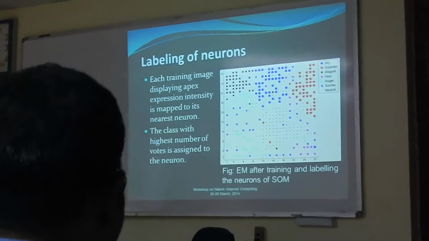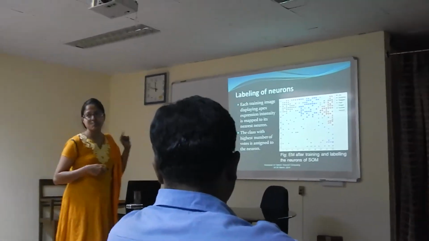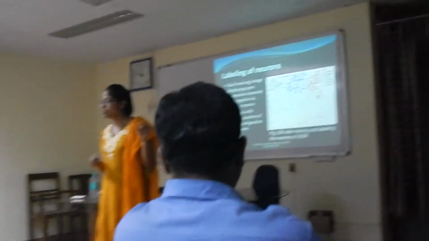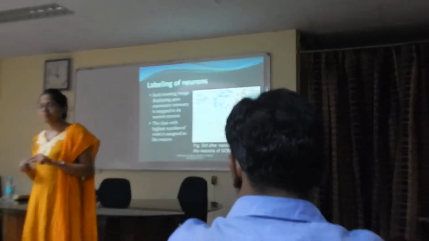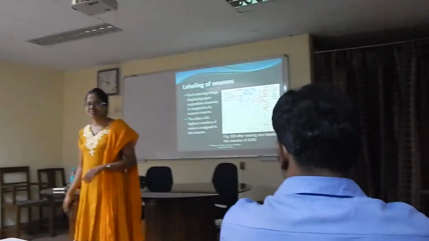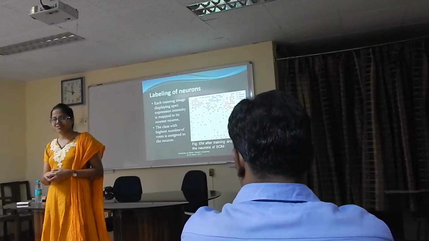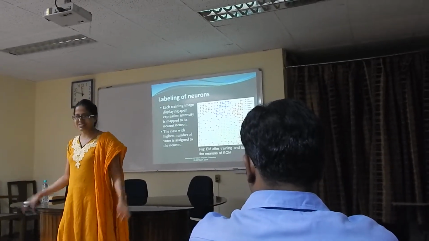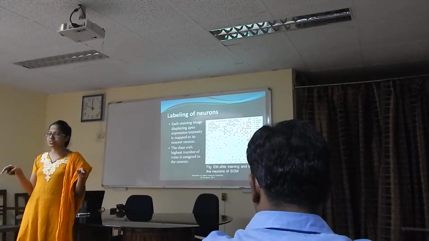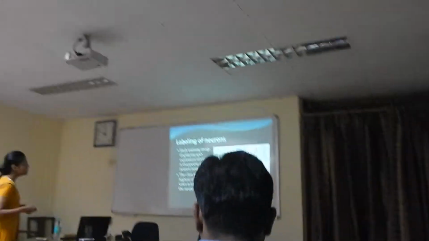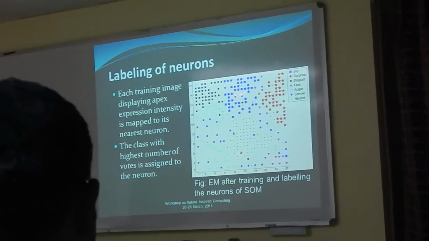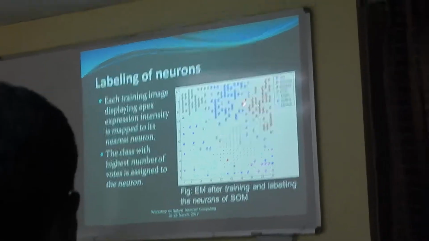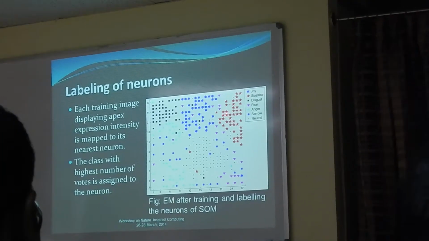And does this conform to the requirement of a neural network being a self-organizing map? What was the main characteristic of a neural network being a self-organizing map? You just told me. The neurons performing the same kind of function reside together. Right. That's the main characteristic for a neural network to be a self-organizing map. So, is that criterion satisfied here? Two neurons sitting close to each other are representing the same expression. So the criterion is satisfied here.